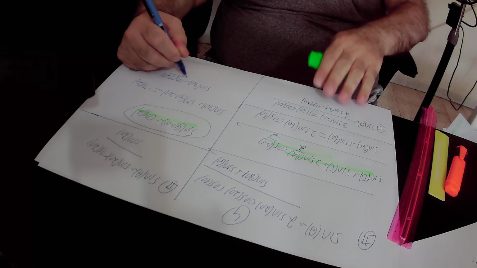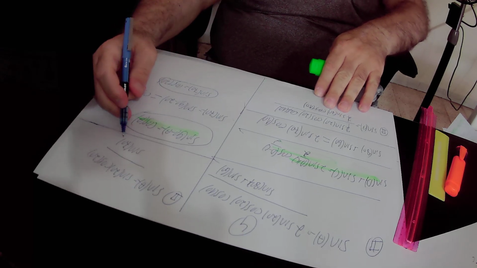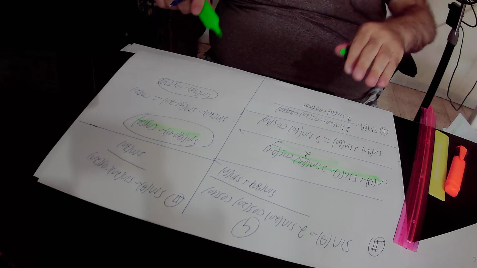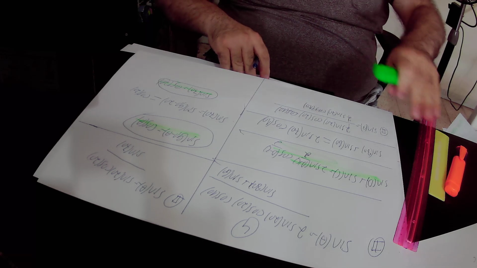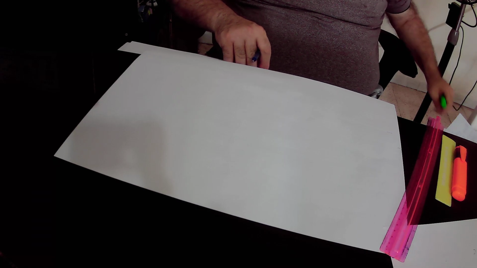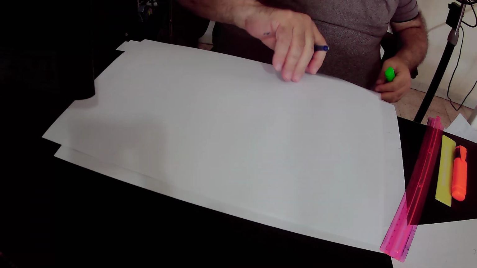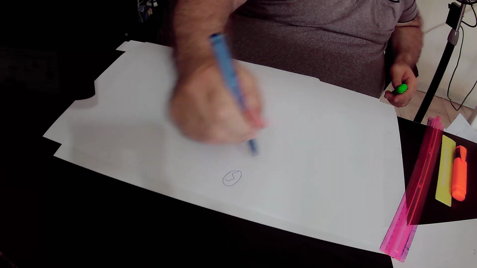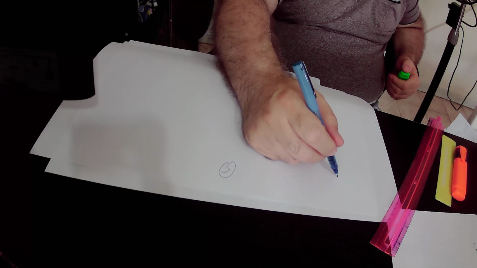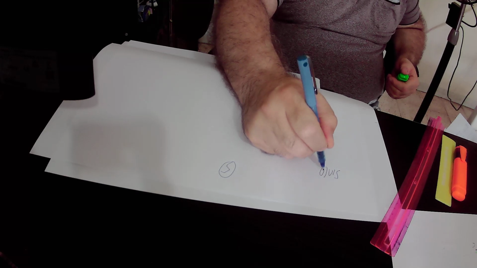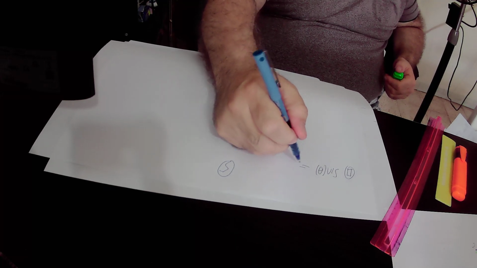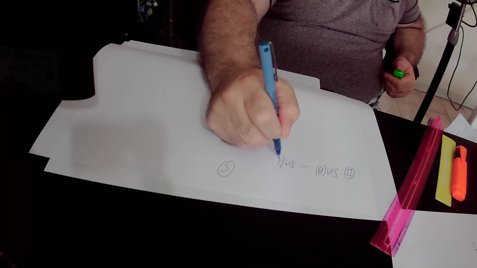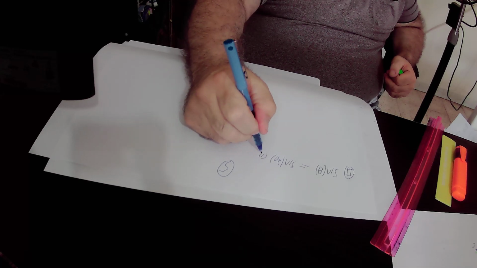Therefore, we'll substitute sine 70 degrees in the denominator of equation number 2 by cosine 20 degrees, and we will get that according to equation number 2, sine theta equals sine 20 degrees times cosine 20 degrees